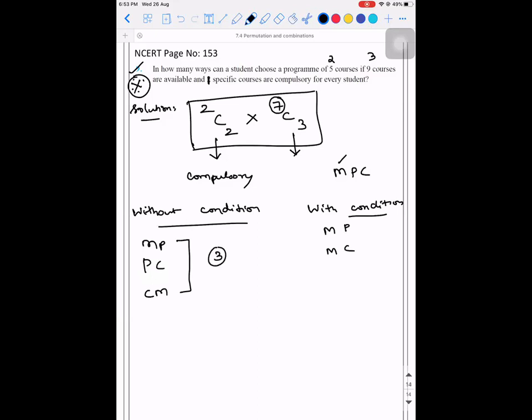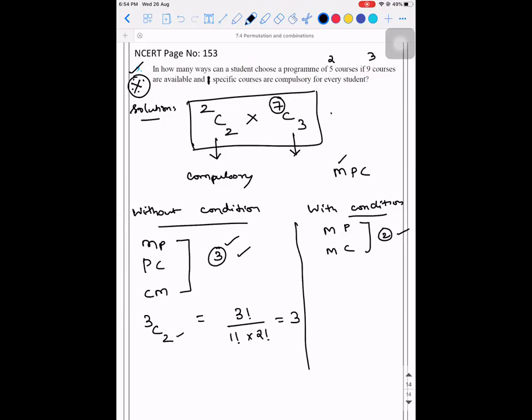Actually, here how many outputs did you get? 3. Here how many outputs did you get? You got 2. Okay. You're able to see the output, right? Are you guys convinced with this? Yes, sir. I've written the count. Now I'll write it in combination concept and show it to you. If I take it as 3C2, out of the 3 courses available, I can choose any 2 courses. 3C2 is 3 factorial divided by 1 factorial into 2 factorial. I get it as 3.